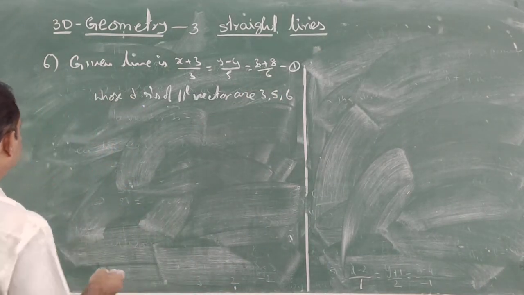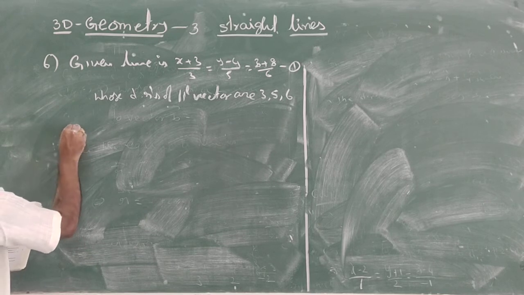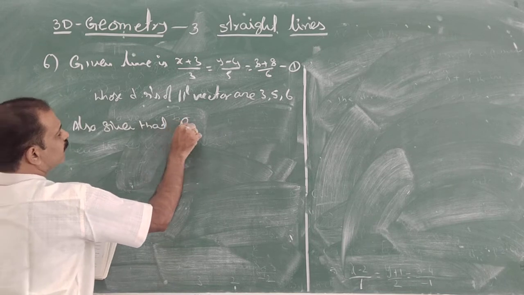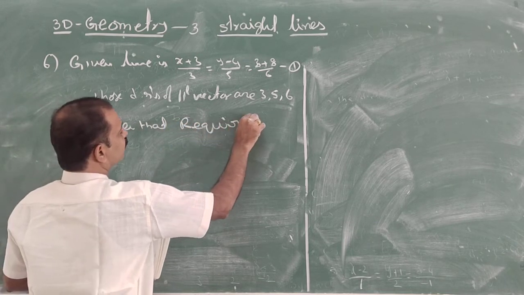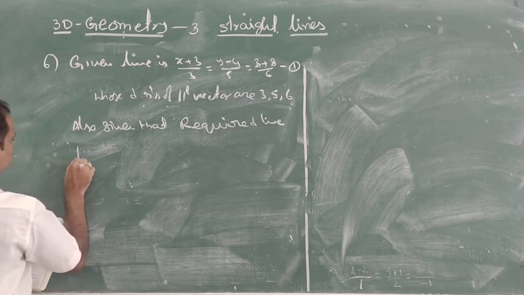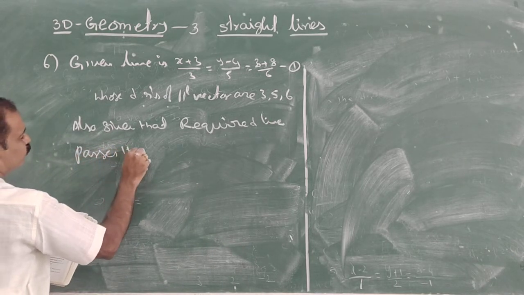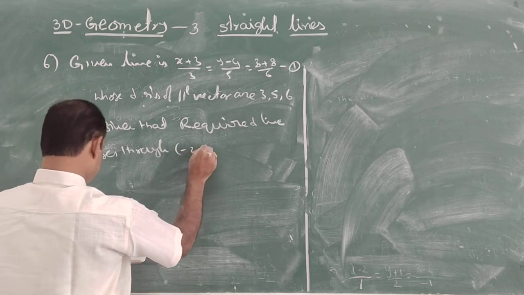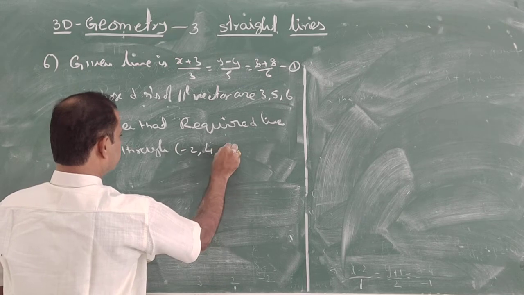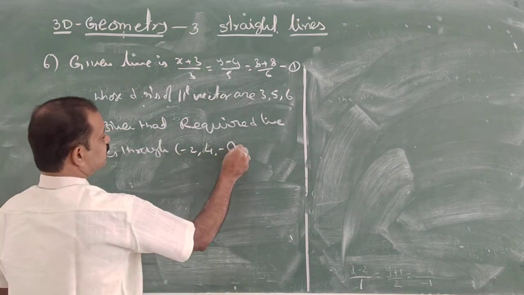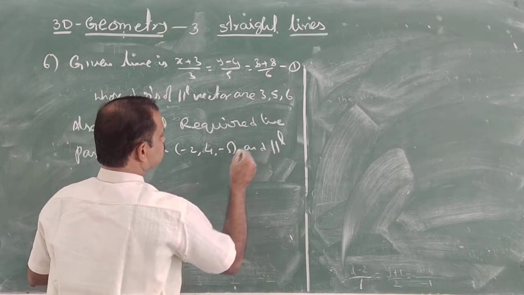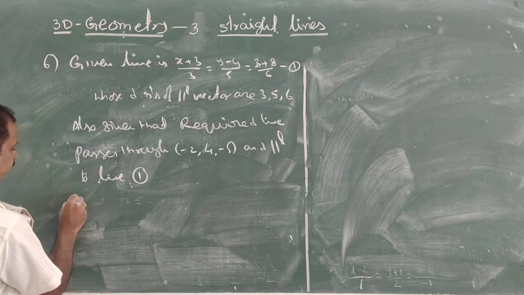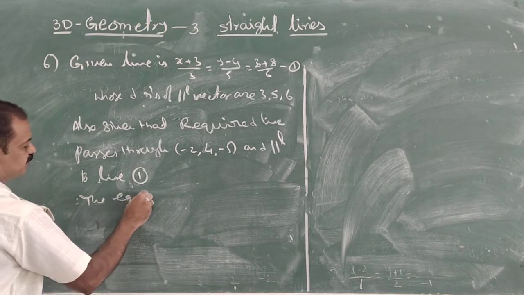Next, it is also given that the required line passes through minus 2, 4, minus 5 and is parallel to line 1. Therefore, the equation